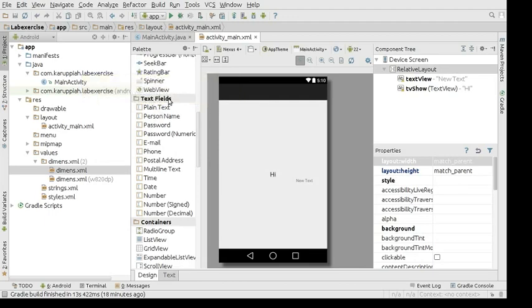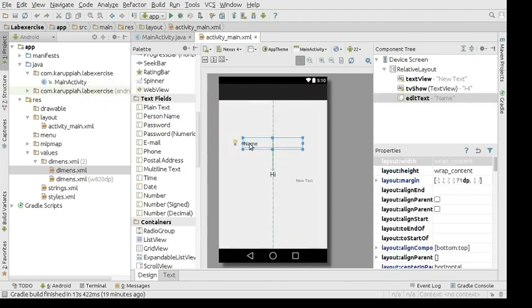The naming is kind of misleading. Text field is like a layman's slang, but actually this is edit text. If you roll over, it will show you that edit text is a thin wrapper over text view that configures itself to be editable. So this is for a person name, and you can use this for automatic validation. When you take plain text, the user can type in anything, but when you take person name, you see some difference in the code, and you see how big it is.